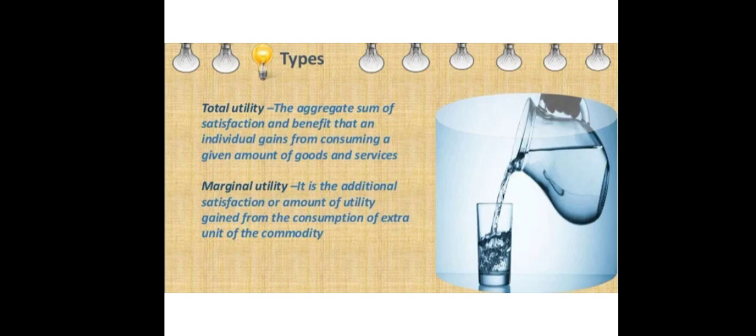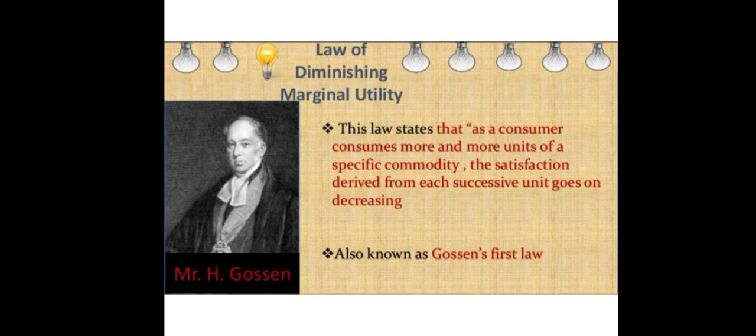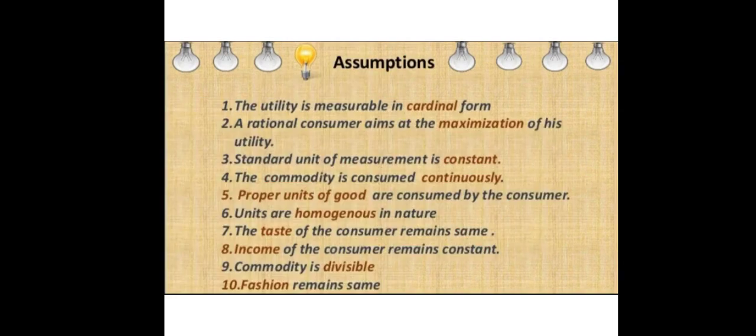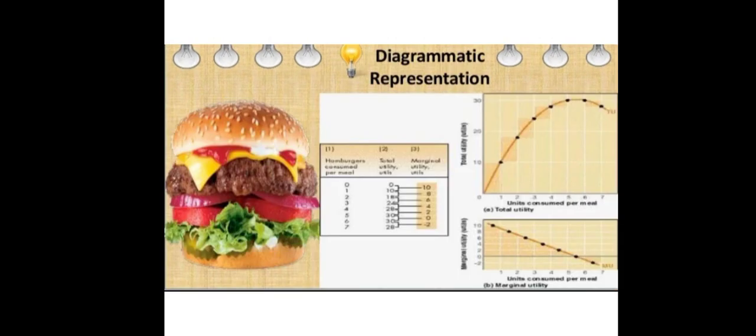And the law of diminishing marginal utility states that if I consume more and more units of that specific commodity, my marginal satisfaction, my marginal utility, will go on diminishing with each successive unit. हर सक्सेसिव यूनिट के साथ जो एक्स्ट्रा सेटिस्फेक्शन है वो कम होती जाएगी. ठीक है. I have taken the example of chapati, and if suppose we will take the example of,